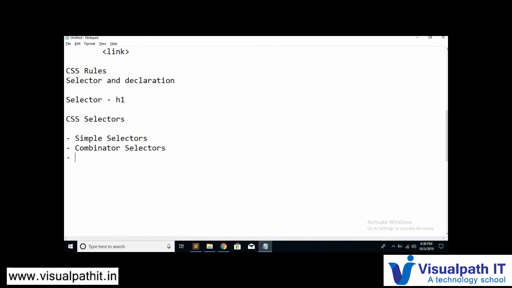The third one is the pseudo class selectors. The fourth one is the pseudo element selectors. And the fifth and the last one is the attribute selector.